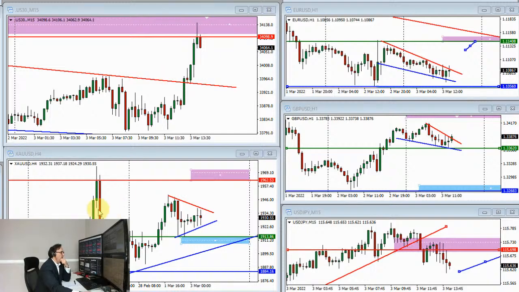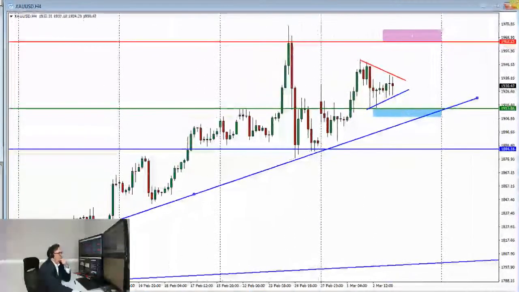Okay, I don't know if I can do platinum and palladium. I don't know if I have the data on this particular charting package, but I can definitely check out gold. So gold appears to be coiling. For those of you who've seen some of these sessions before,